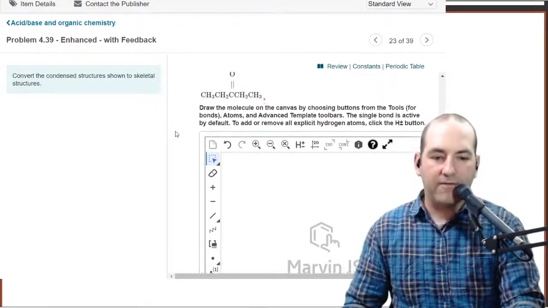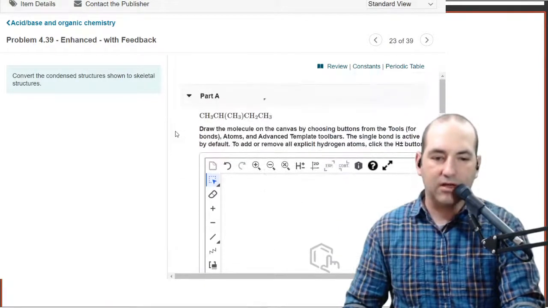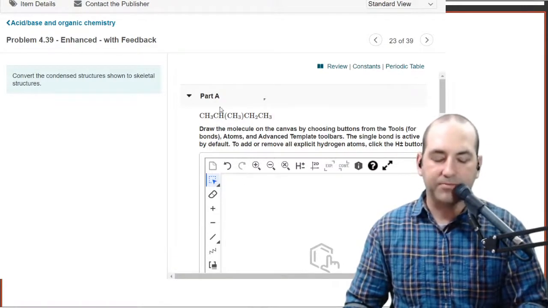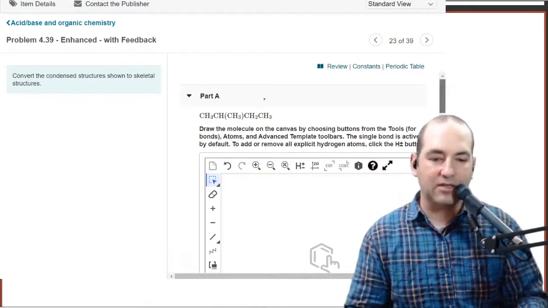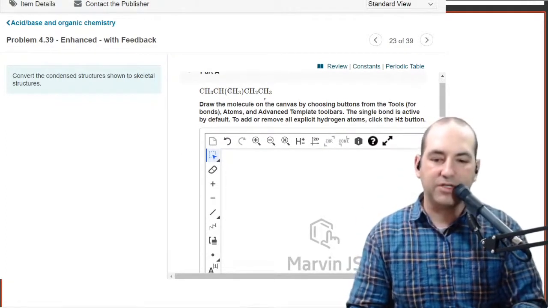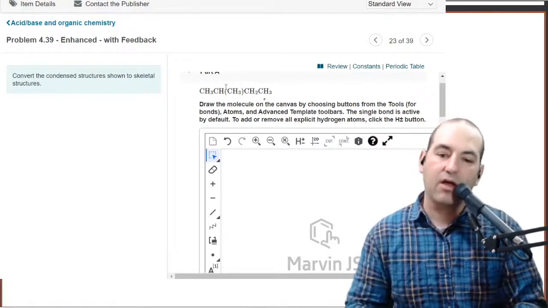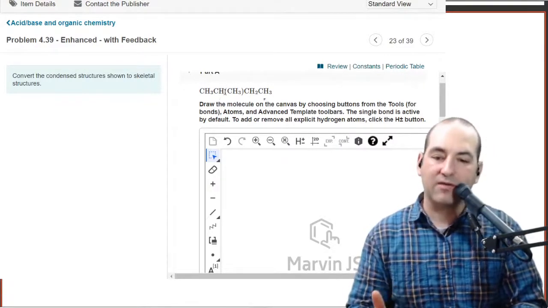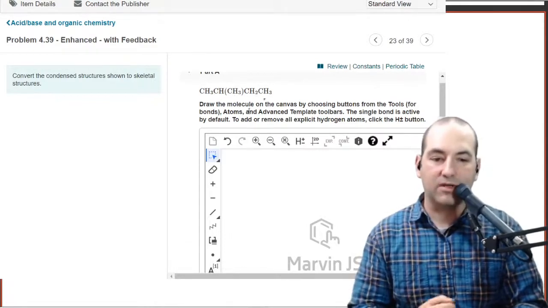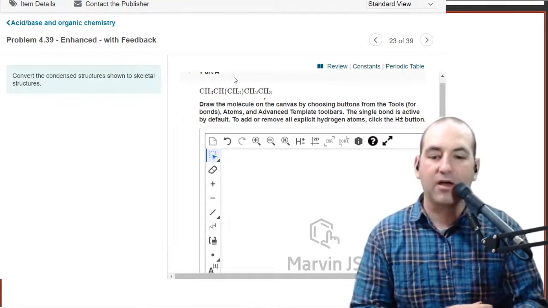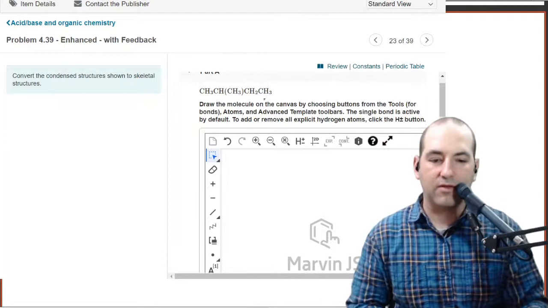So if you have a condensed structure that has these parentheses in it, like this first one here, what those parentheses are saying is that whatever is inside there is branching off of the adjacent carbon. And then we have to use our good chemical sense to make sense of that. Now, generally by convention, it is branching off of the carbon just after it. But if that doesn't make sense chemically, like if this happened to be a CH2, then we'd know that it would have to be the other one instead. So we always have to use our sense of how many bonds carbons are supposed to have to figure this out. So in this case,